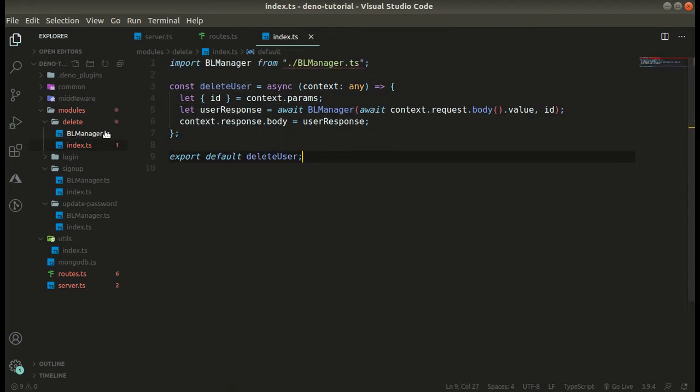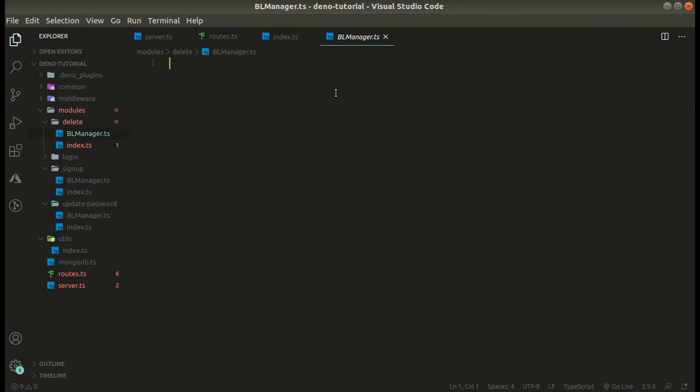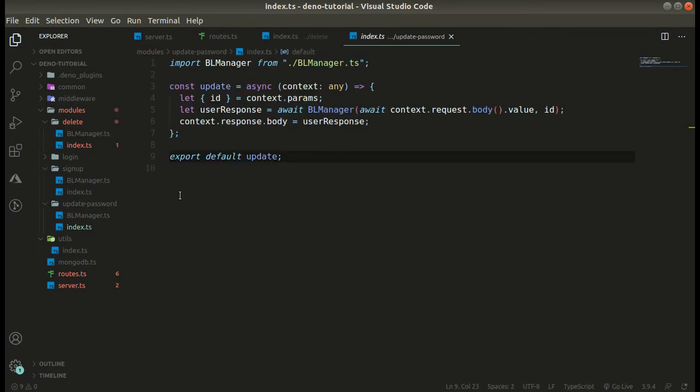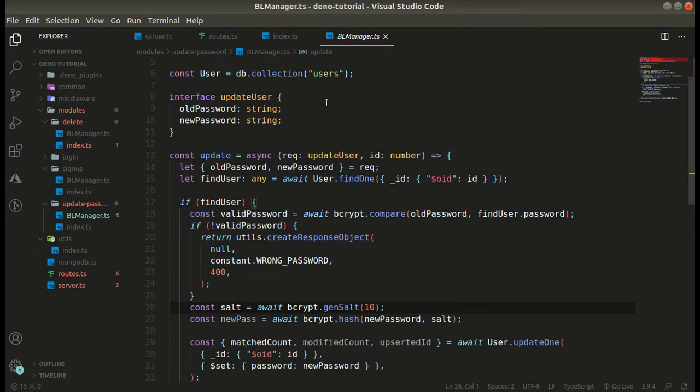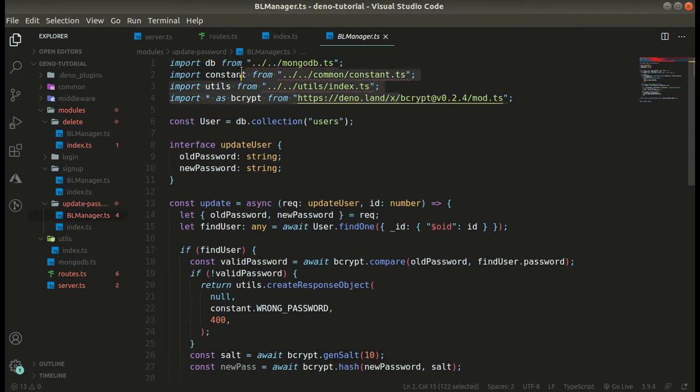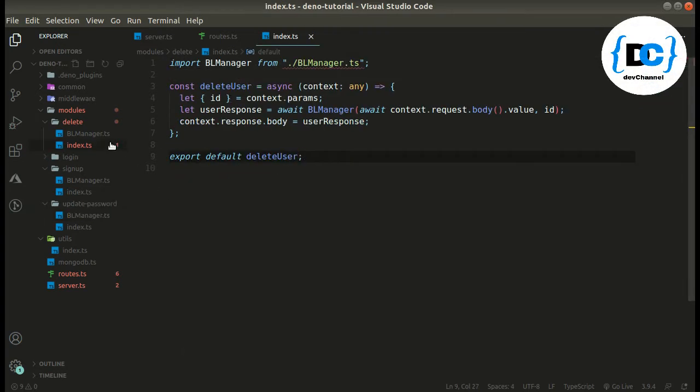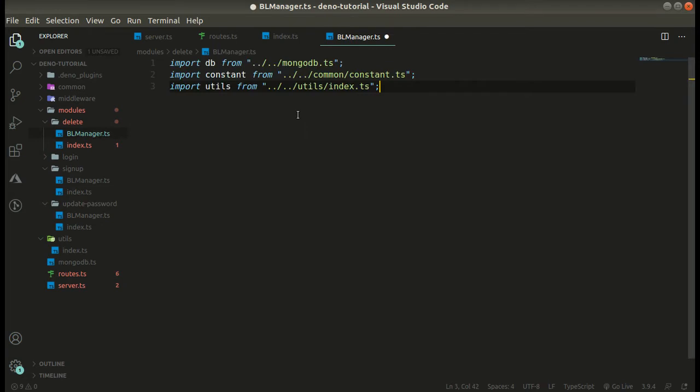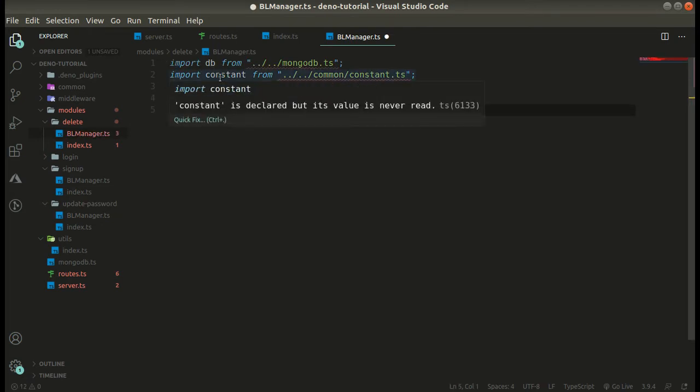Cool. Now let's code our logic over here. Quickly do the necessary imports that we will be requiring, so let's copy them from here. We require db, the constant file and the utility function, utils.